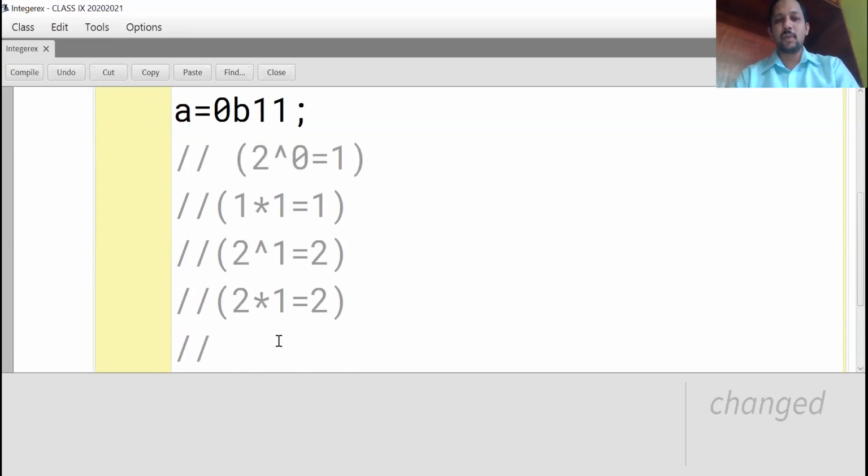So the output you are going to get for this one is 1 plus 2, that is equal to 3. Why are we using 2 here? Because the base value is 2. So that's why 2 power 0, 2 power 1. So 1 plus 2 is equal to 3.